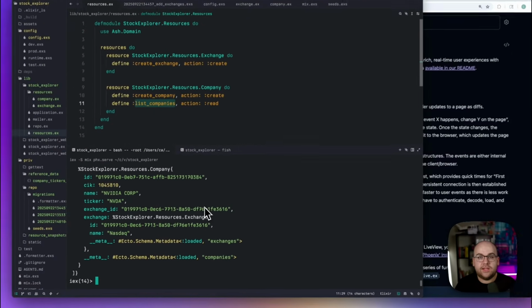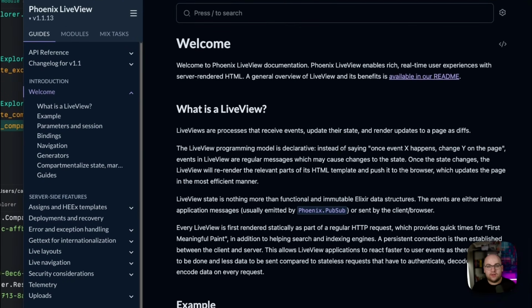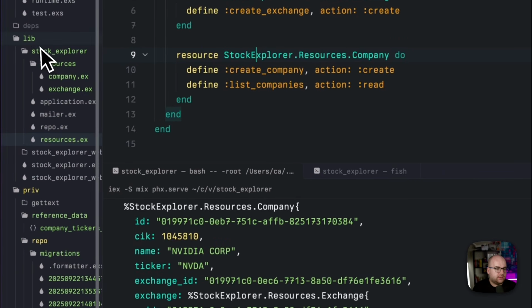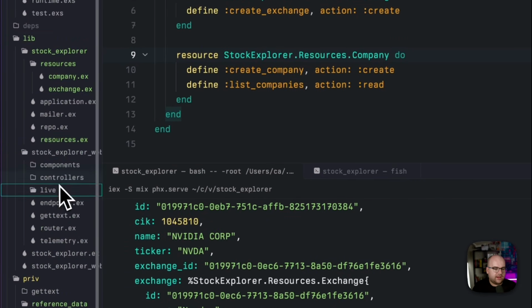Like I said earlier, it's common in Phoenix apps to use LiveView. It's a great starting point, and it can be enough for many apps. If you want to know more about LiveView, I've got an entire series and several standalone videos on the topic. So let's create a LiveView under lib Stock Explorer Web live, and we'll call this